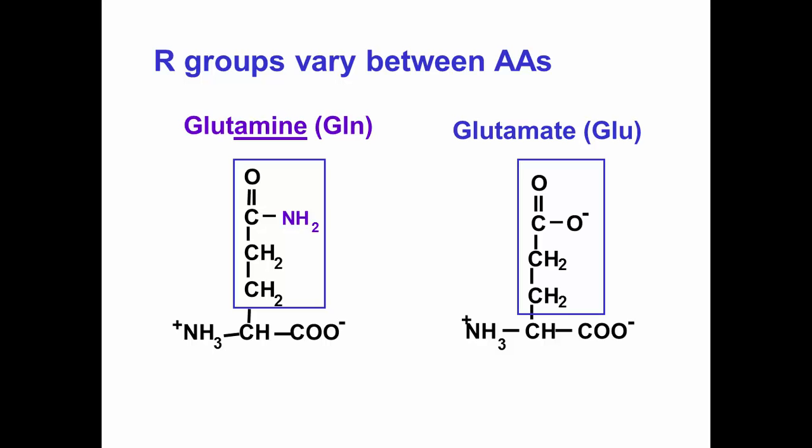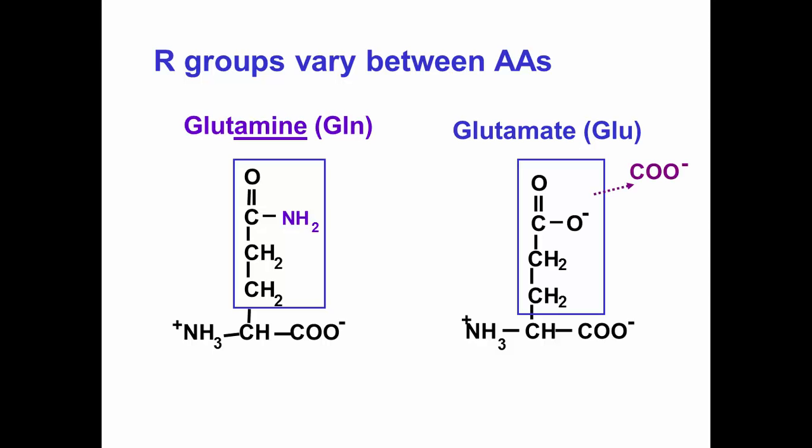And then the other thing about glutamine, which will come out in a lot of different ways as we talk through tissues, is that glutamine is an important amino acid for the intestinal cells. The intestine uses glutamine as one of its primary energy sources. It's also used by immune cells like macrophages and white blood cells for energy. That's part of the reason we've had such an interest in it clinically: it's used for energy by the intestine and immune cells.